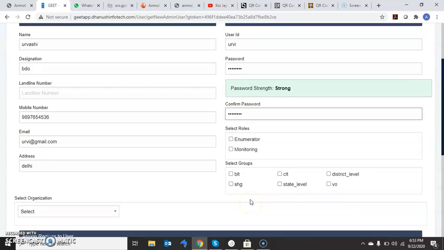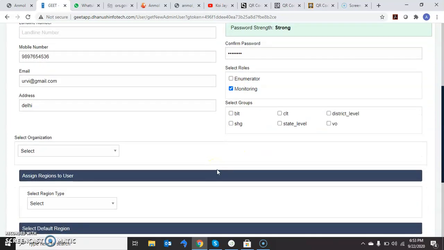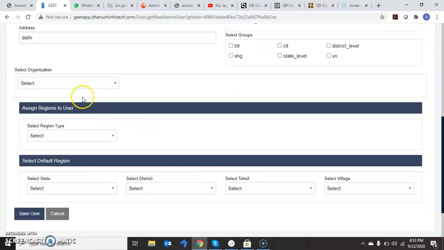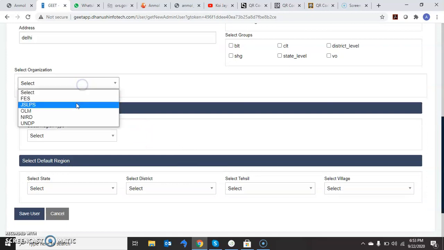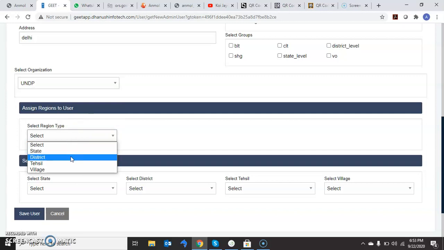Because we are creating a monitor, we have to select monitoring from the select roles options. After selecting the role, now select the organization, select the region type.